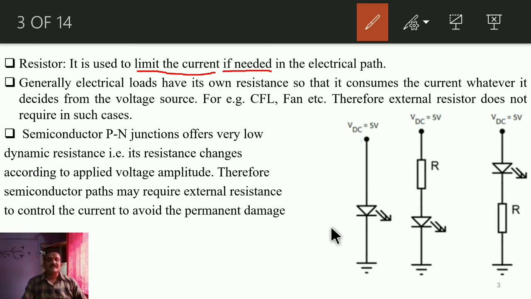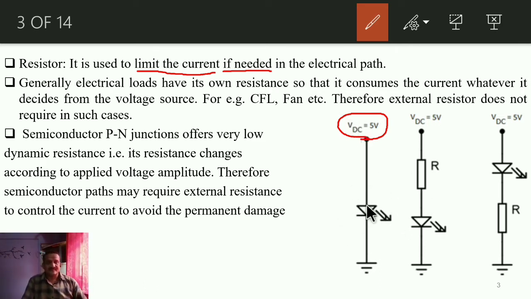The reason behind that is it depends on which component you have connected and what is the type of source. Type of source means how much is its capacity to deliver the maximum current or short circuit current. Here the DC source is shown as 5 volt, but it is not mentioned how much is its maximum current rating. So depending on that, there may be a need of a resistor, or without a resistor also we can handle that device.